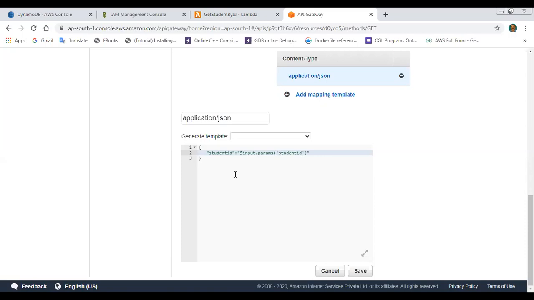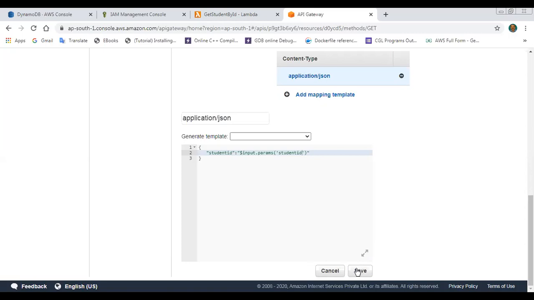So student ID in double quotation, colon, double quotation dollar input dot params, bracket, single quote student ID, single quote complete, bracket complete, double quotation complete. So save these parameters we are passing through the API gateway. So save.